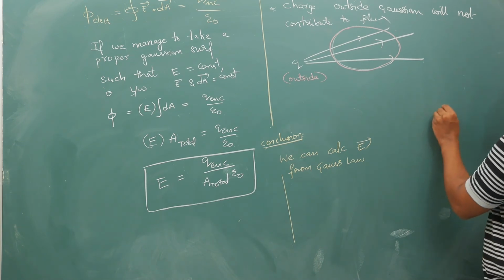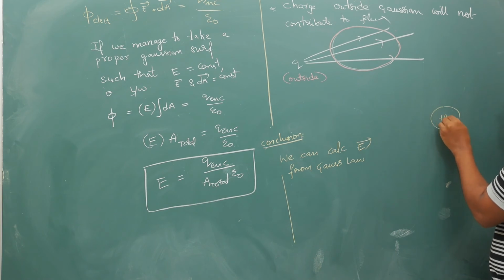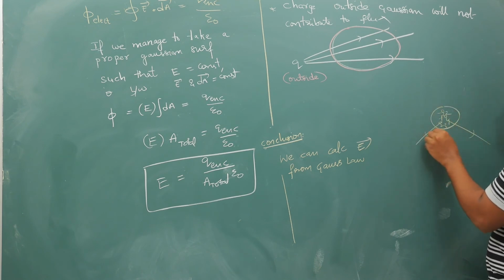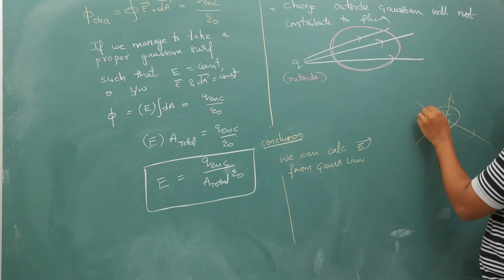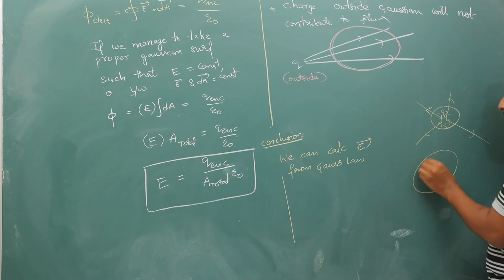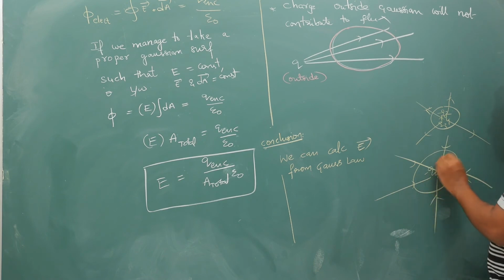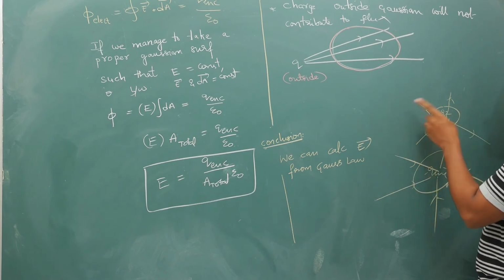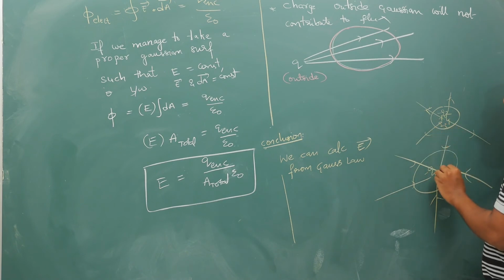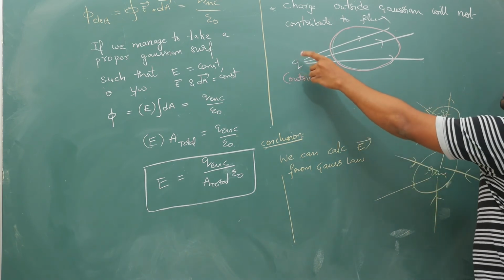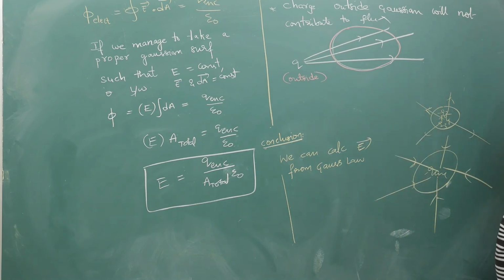So usually our outgoing flux is positive. If you have enclosed positive charges Q1, Q2, Q3 like this, and overall this enclosed charge is positive, then field lines will be going out. If the enclosed charge is negative, field lines will be coming in. In this case, if the enclosed charge is positive, net field lines will go out. If the enclosed charge is negative, net field lines will come in. But if the charge is outside, okay, how many will enter, that many will leave.